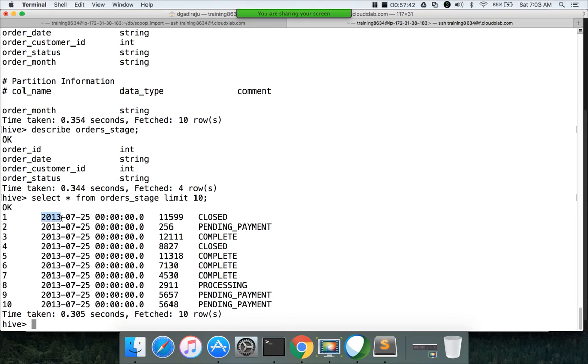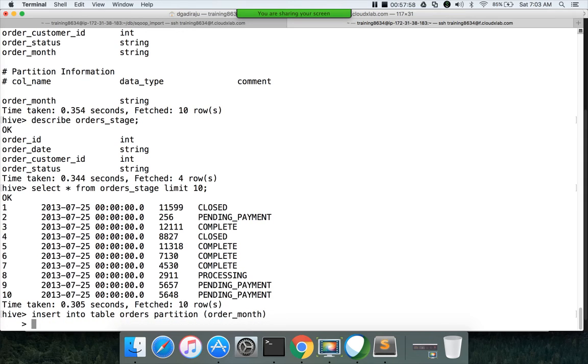So here I want to extract this one and use this to partition. So here I can say insert into table orders, partition order month, we have to specify that, and then select star from orders underscore stage.